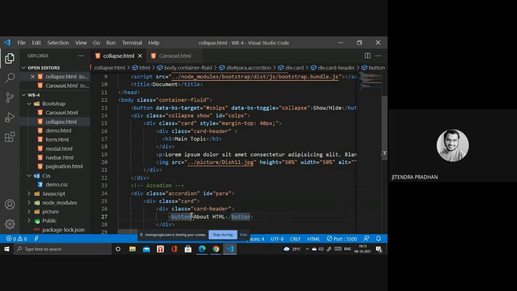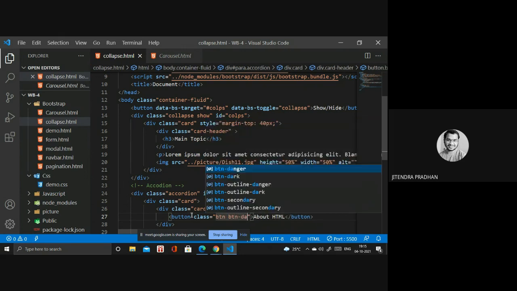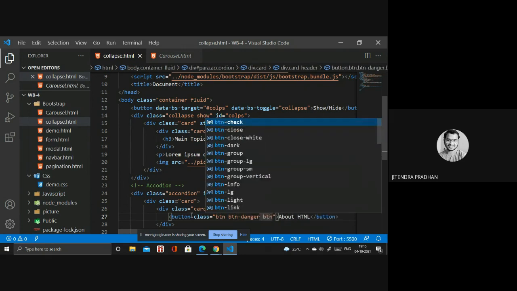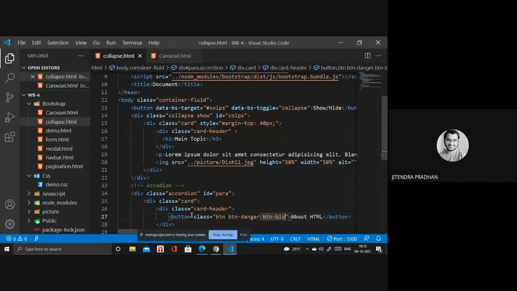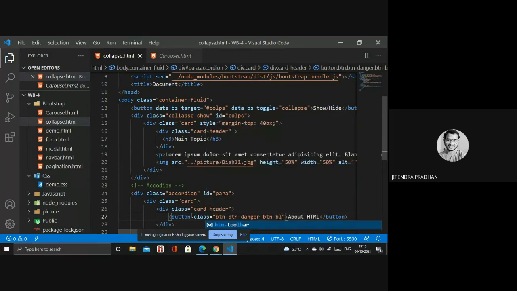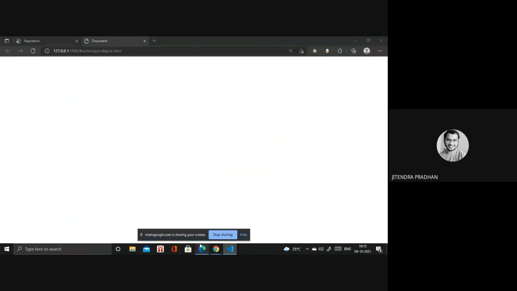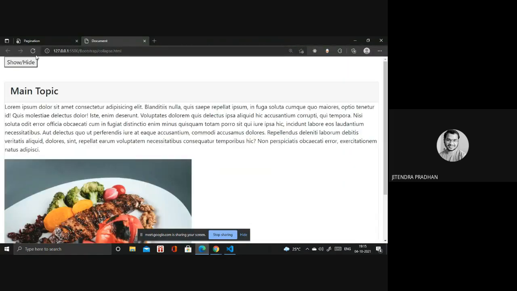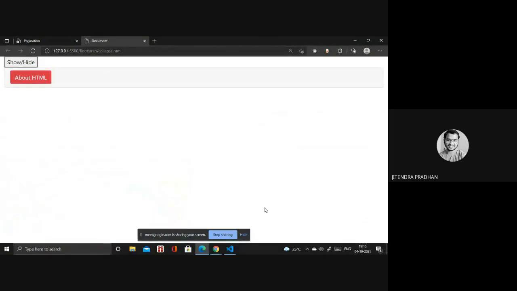So next I will design the button using some classes. You have to write the class: btn btn-danger and btn-block. It looks like that. Okay. So next thing